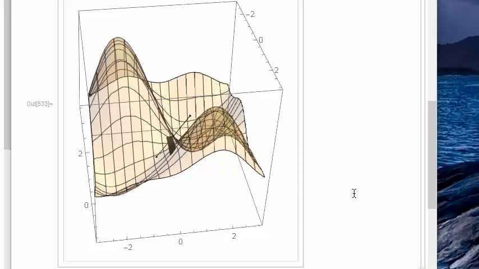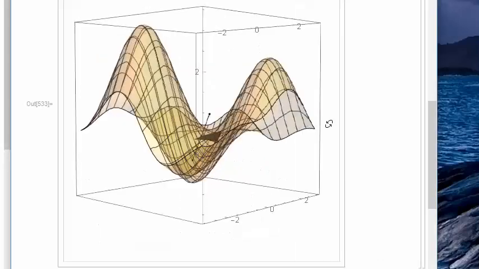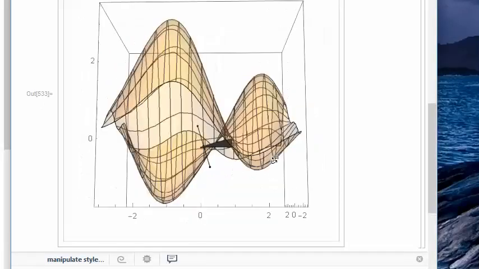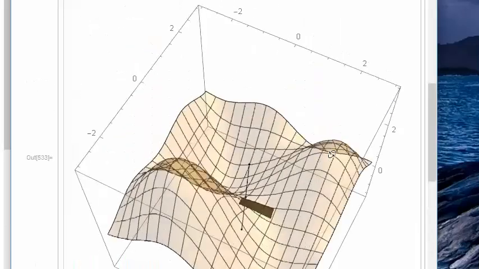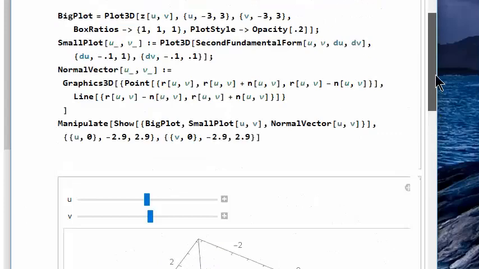And once I can find out how these two ideas work together, I can make a distinction between them and decide whether the second fundamental form is a good device. It's probably a good device if you know how to use it, but right now I don't see anything for it that will help me,